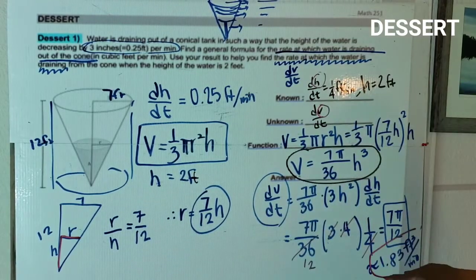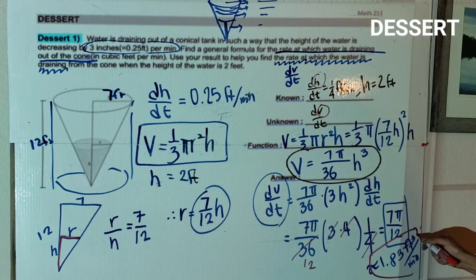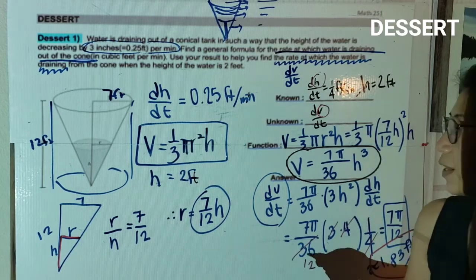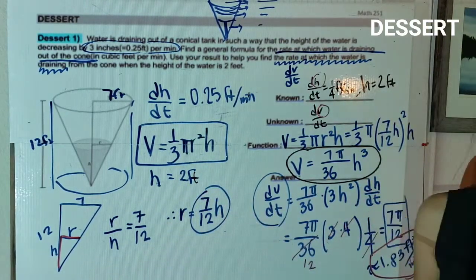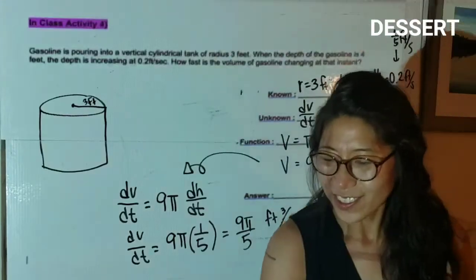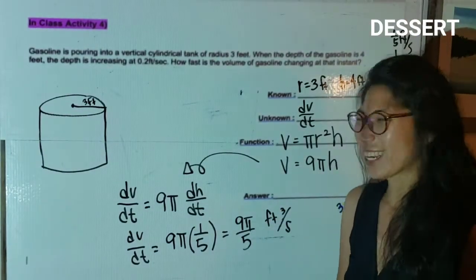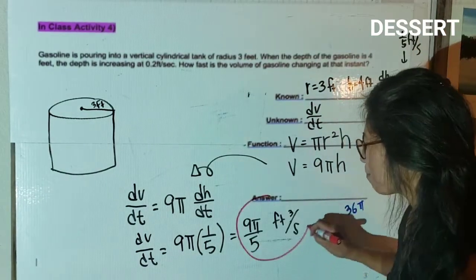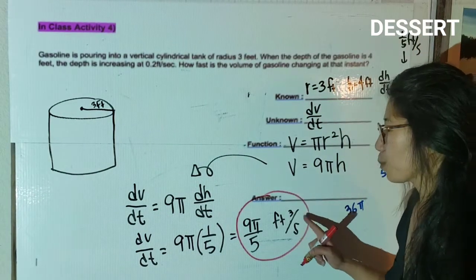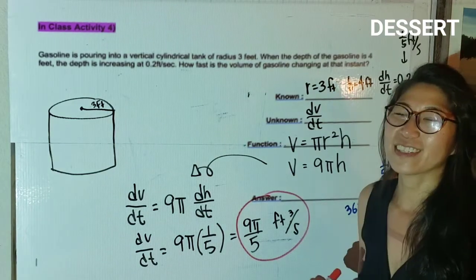So how much does the volume change when the height is 2 feet? Okay, and that's the answer. So I want you to keep thinking about it. Okay, class, so did you get the answer? Will you feel a little weird? I got 9 pi over 5 feet cubed per second. Okay, if you got the same one,